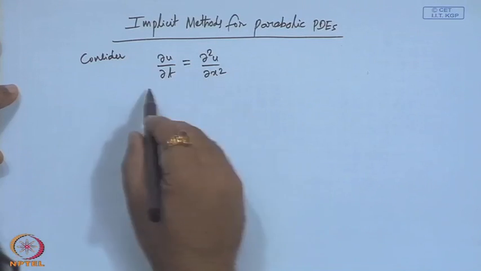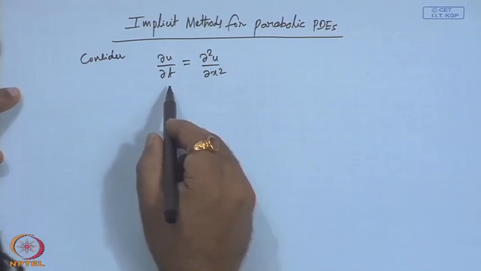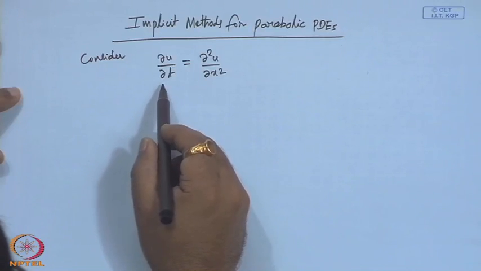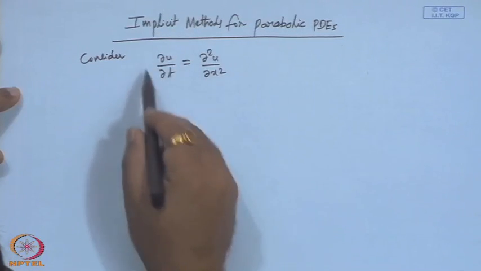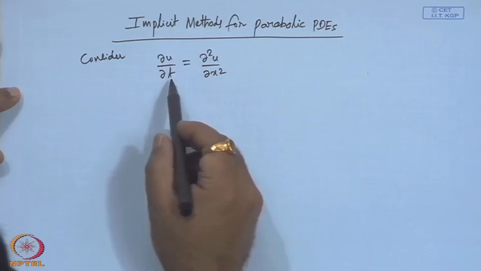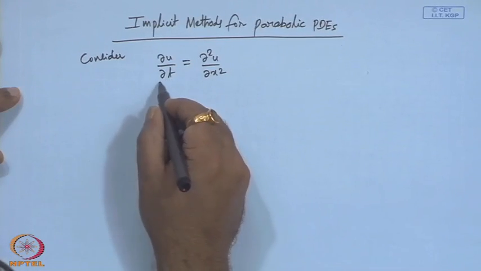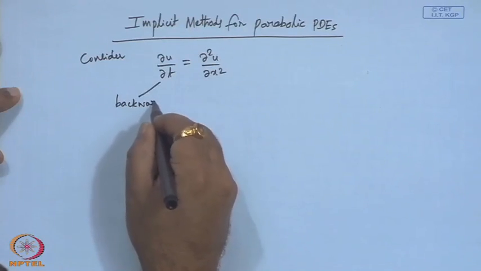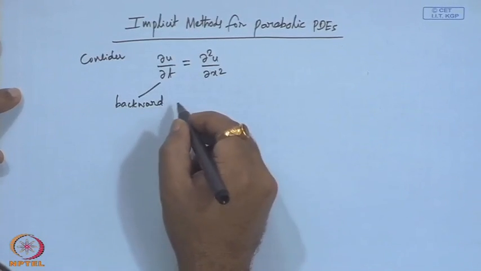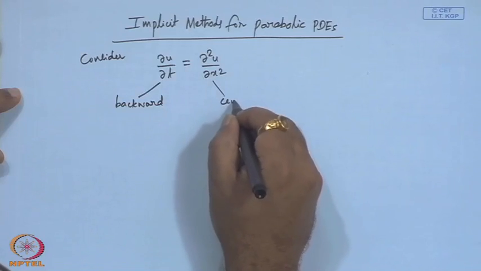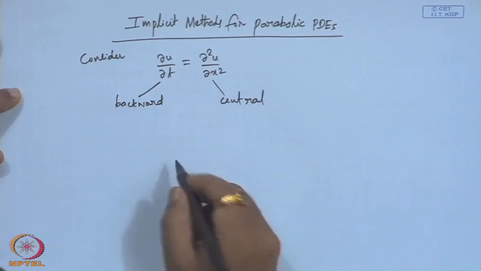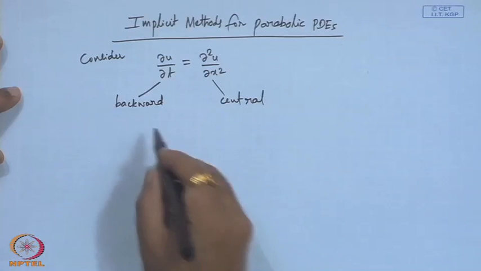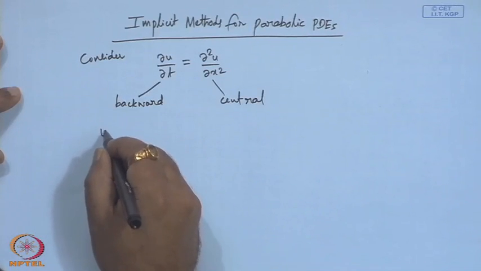Now, in the last lecture for the explicit method we made central for this and forward for this. Now what we do is backward for this and central for this. Accordingly we obtain